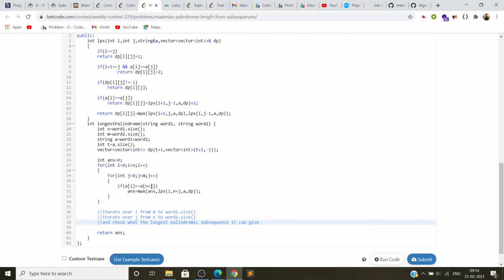The main condition is that first we can only take the i and j values